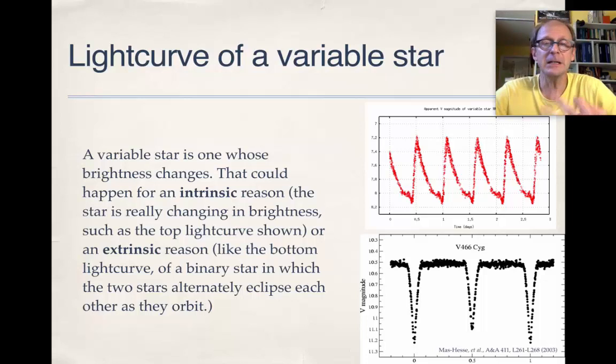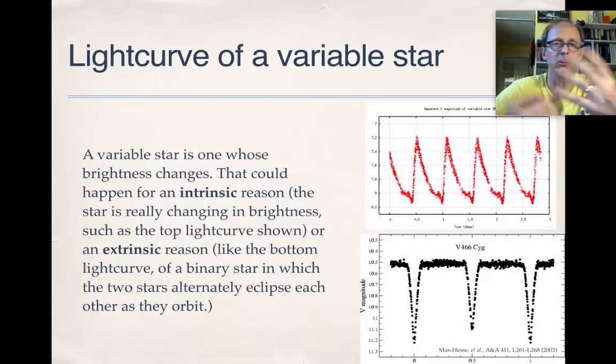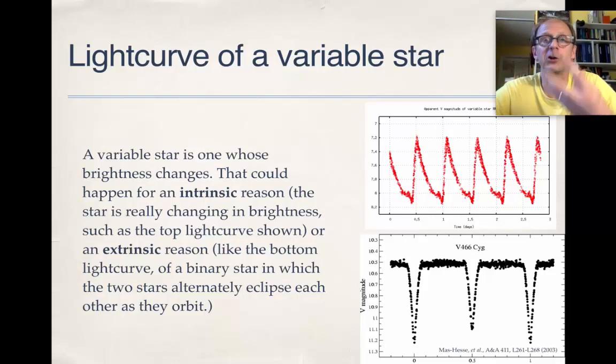But there are many, many stars in the sky that do change their brightness dramatically on varying timescales for varying reasons. Some of those reasons are intrinsic. That is, the star itself is pulsating. The star is either getting bigger and smaller, or it's getting hotter and cooler. Maybe it's doing more than one of those. But the star is actually changing its brightness. Other stars change their brightness not because the star itself is doing something, but because something outside the star is blocking the light. So the second graph here in the lower right is an eclipsing binary star,